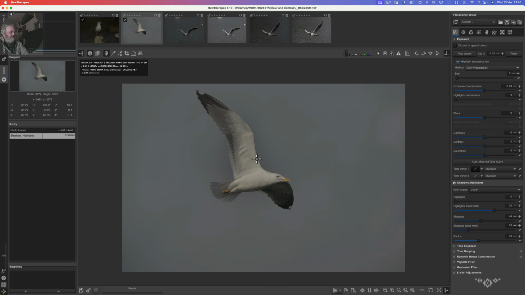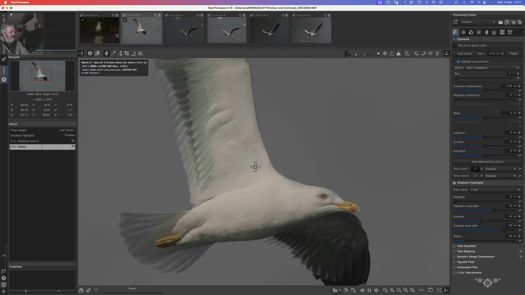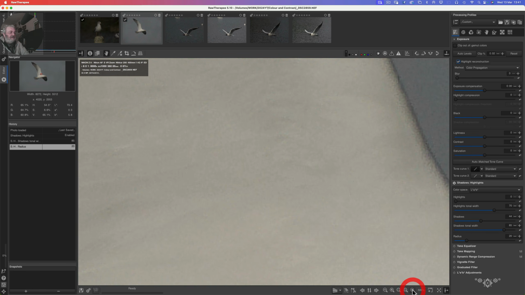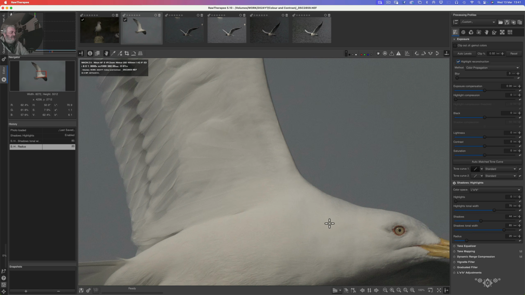Yeah. Now you'll see that it develops a halo. So all we're going to do is go to Shadows Tonal Width, rather like that, and maybe have a little play with the radius. Just bring the radius down a little bit, and there we go. And the nice thing is, if I go and view that at a one-to-one view, I've got detail in every single one of these bright highlights here on the body of the Blackback Gull,